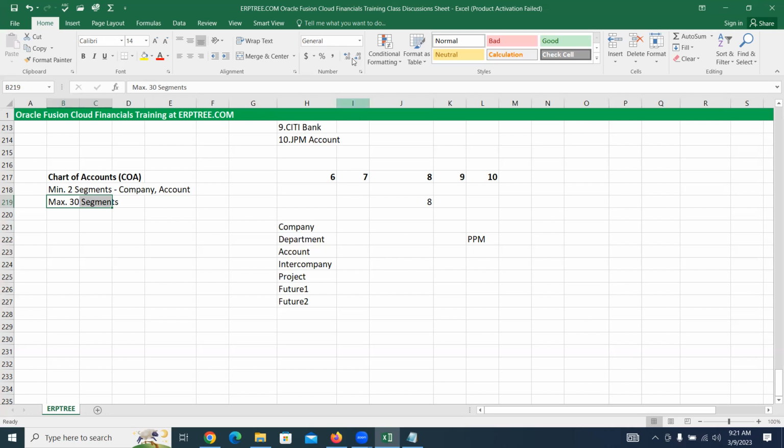Hi, Lakshman. Based on chart of accounts, whether Oracle will charge us based on how many segments we are using? No. See, Oracle always charges based on which applications you are going to use. Let me write. They'll charge based on the applications, apps, how many applications you are going to use, and headcount, how many users,